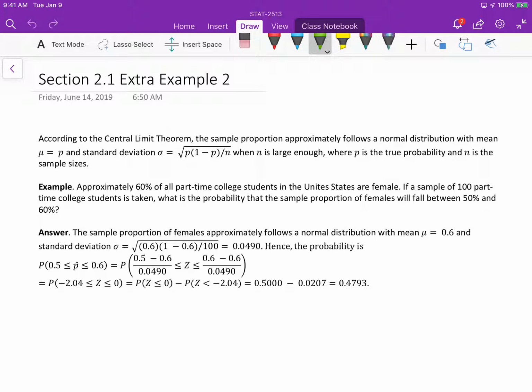Approximately 60% of all part-time college students in the United States are female. If a sample of 100 part-time college students is taken, what is the probability that the sample proportion of females will fall between 50% and 60%? Okay, so after reading this problem, we will see,